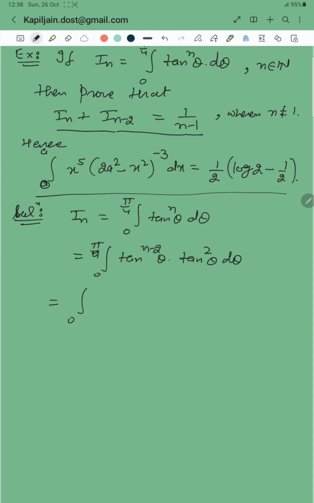Further, this integral is equal to 0 to pi by 4 tangent raised to power n minus 2 theta into (tangent square theta can be written as secant square theta minus 1) d theta,